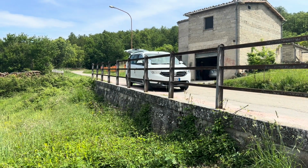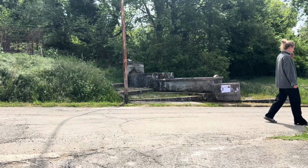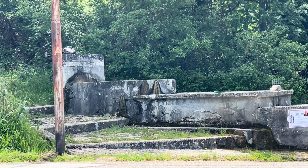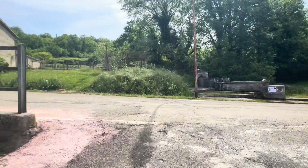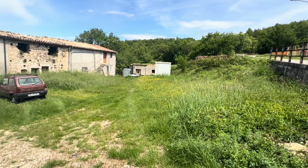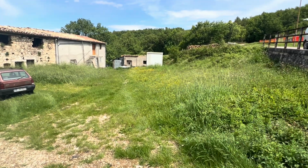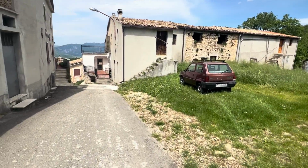Hi, okay, so this is where I've parked my car. Over here, it's got a fresh water fountain. People come from all over to these fountains to get the water from the mountain. Okay, this whole area is a communal garden. So if we walk down here,